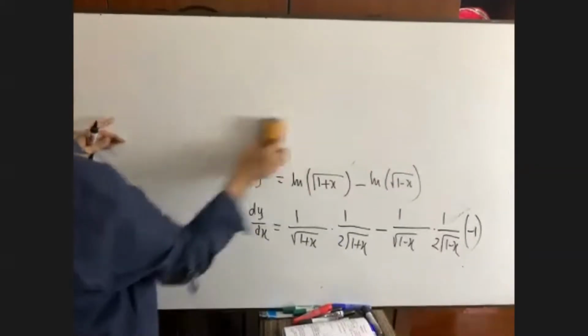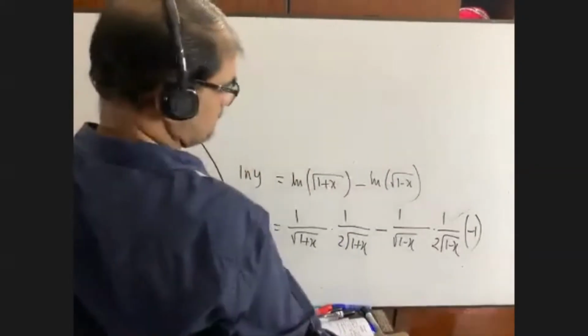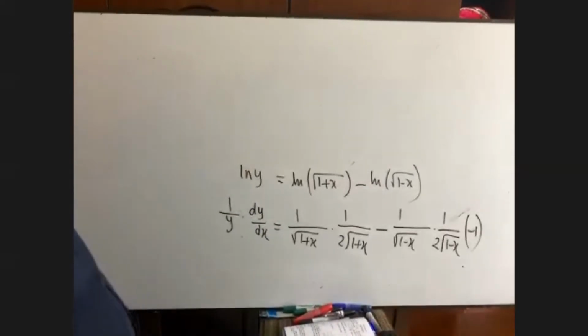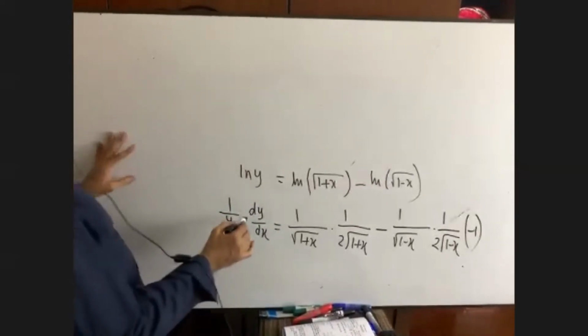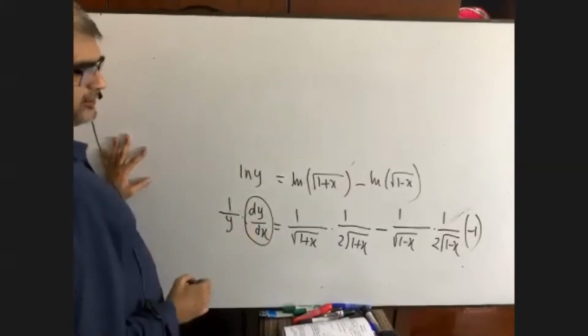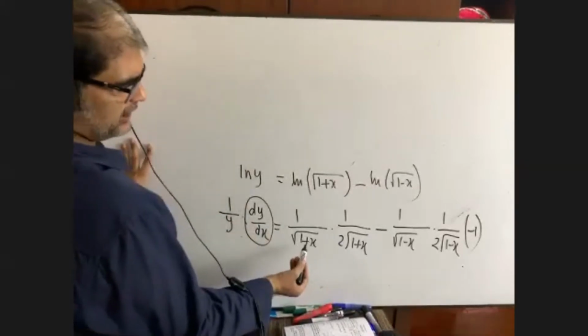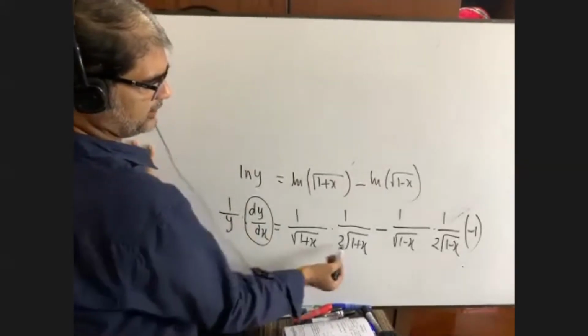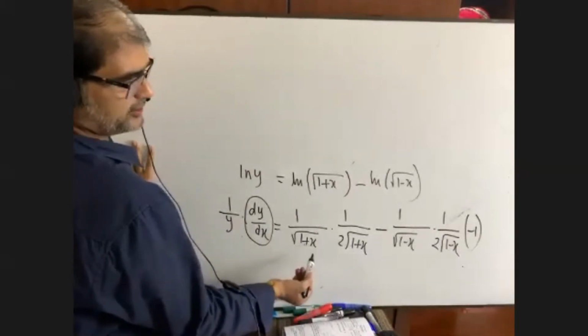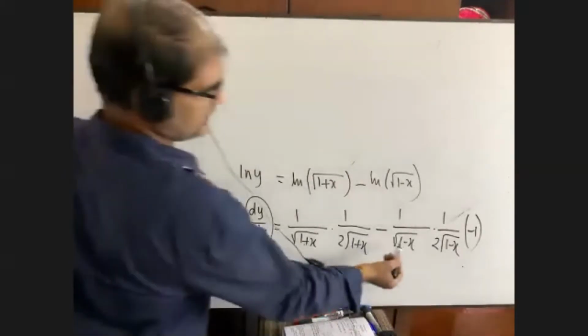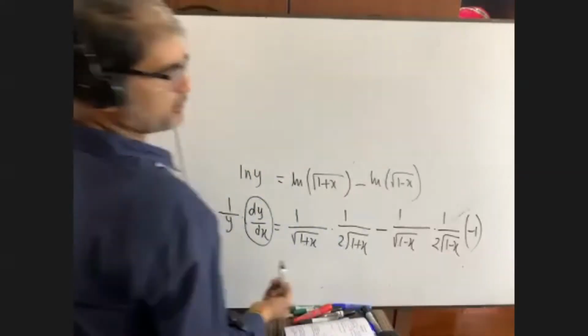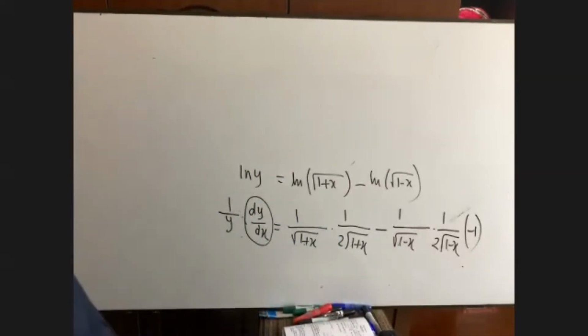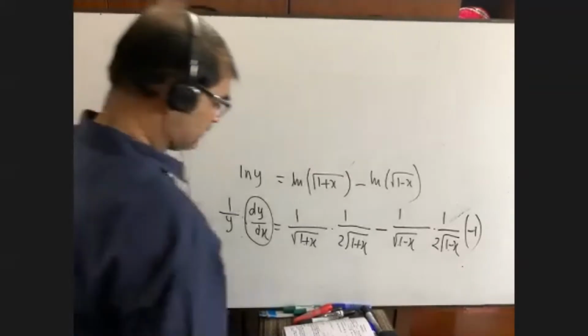Sir, finding dy by dx will not be the final answer, just like you will find this. Then suppose you see this and this will be multiplied. Will be left with 1 plus x. This and this will be multiplied. Will be left with 1 minus x. Then get the LCM. You do it. Okay, sir, with care.